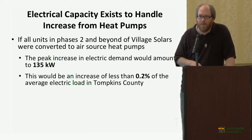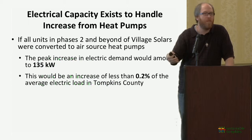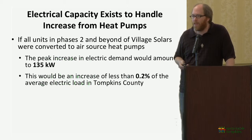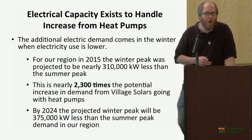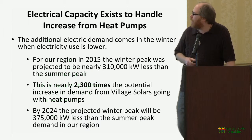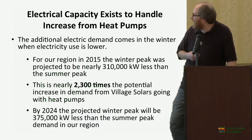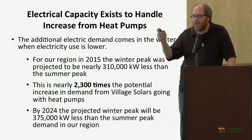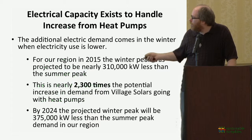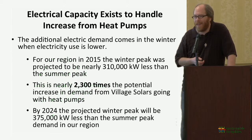And in fact, it's actually even better than that number would appear, because this new peak demand is occurring in the wintertime. Our current electrical system is designed and sized to meet the summer peak demand, which is higher than the winter demand. And so when we looked at that imbalance, the amount by which our system is oversized because of the high summer peak demand, what we found is in 2015, the expected peak is about 310,000 kilowatts more in the summer than it is in the winter in our particular region, in our load zone. And so if you compare that to what Village Solars would need, it's about 2,300 times less than that existing